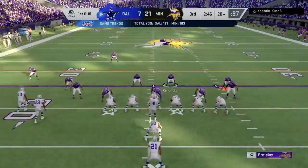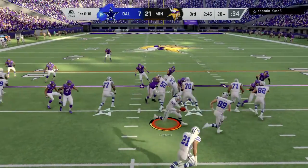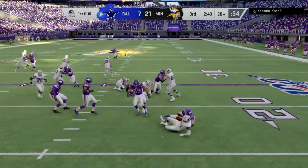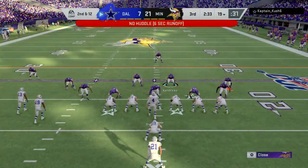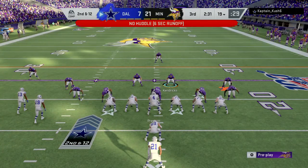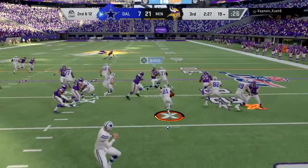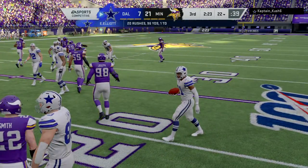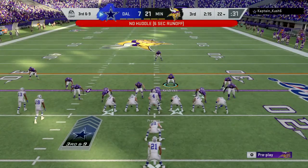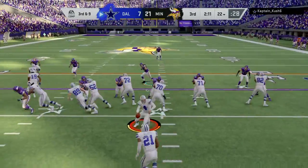About set for this next drive by the Cowboys offense. And last time out, went for it on 4th down, turned it over, gave him great field position, turned into 6 points, so they've got to recover here, Charles. It's amazing what one decision can do in the chain of events, right? The decision to go for it on 4th down. Caused all of that. It caused every bit of it, but it showed confidence. Hey, I've got confidence in you guys. Go pick it up for them. Didn't happen. Also showed confidence in the defense. They didn't pick up their end of the bargain, so now they've got to come back out and start over